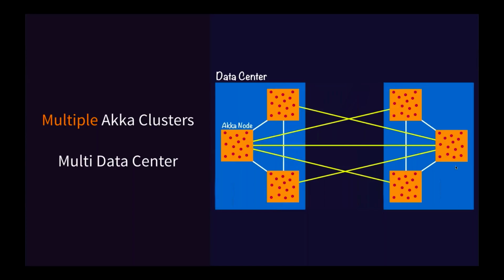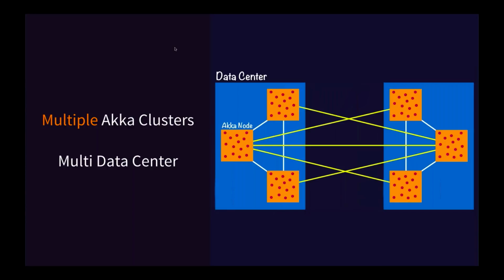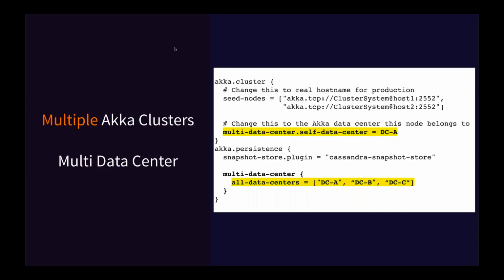If you've done any level of Akka clustering, everything that happens within a data center is the same. What's different is the communication between data centers: the monitoring that goes on between data centers is looser. It's not quite as tightly bound. In a way, there's tight coupling between the nodes within a data center and looser coupling between data centers. In setting up the configuration for multiple data centers, there are a few changes that have been added to the Akka configuration, and I'm showing an example of that here.